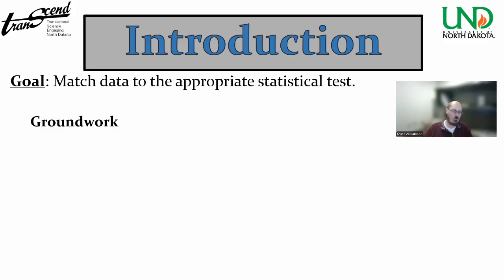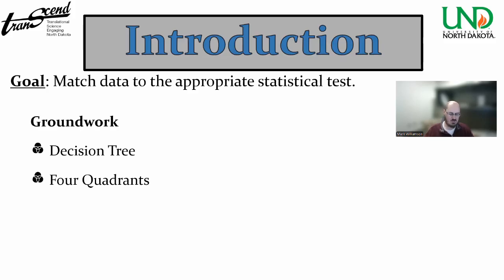So to lay the groundwork, I'll cover some basic things. I'll talk about a decision tree for a statistical test that I initially did and then expanded upon for this training module. Talk about what I call the four quadrants that help quickly break down four main types of analyses, and then you can go from there onto the specific test. I'll show you the list of all the tests I'll consider for this training module, and then go over various data types and descriptions so we're all on the same page when it comes to talking about our